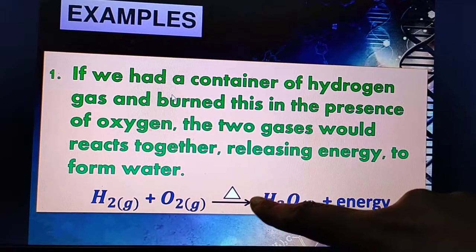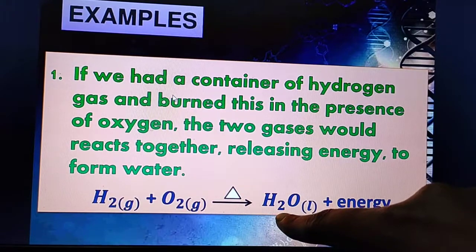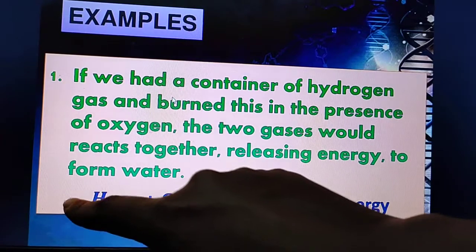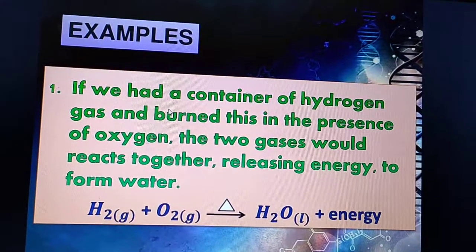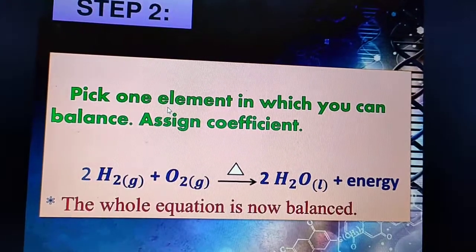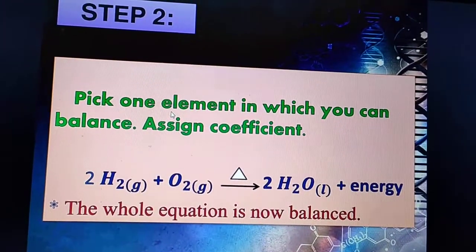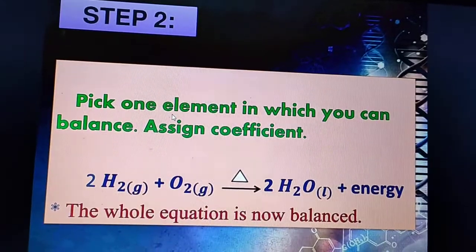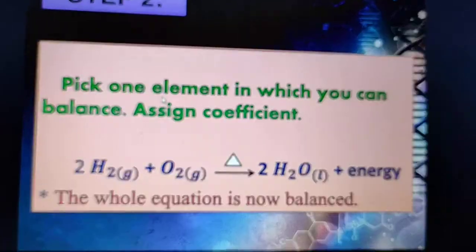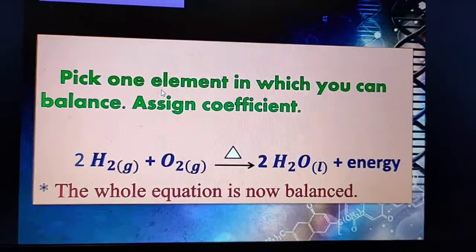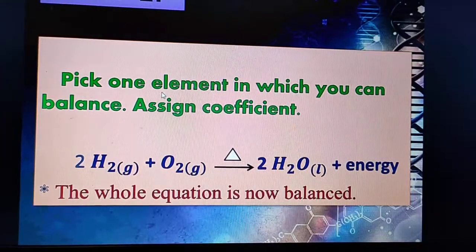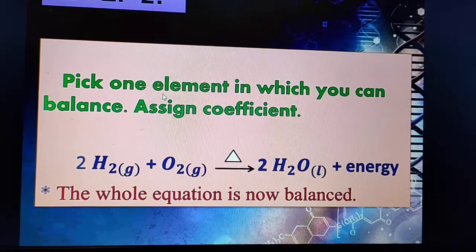Now if I write here 2, that means 2 twos are 4 hydrogen atoms here, but here only 2 atoms of hydrogen. So what will you do here, in the coefficient you will write 2, then 2 twos are 4 hydrogen atoms there, and it is balanced. You see here, 2H2 plus O2 gives out 2H2O plus energy. So now this equation is balanced. So this way you will balance a chemical equation by adding a coefficient, not touching the subscript. And coefficient is what? The number which you write in front of a molecule or atom or compound.